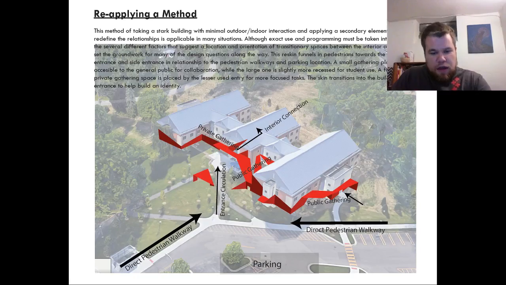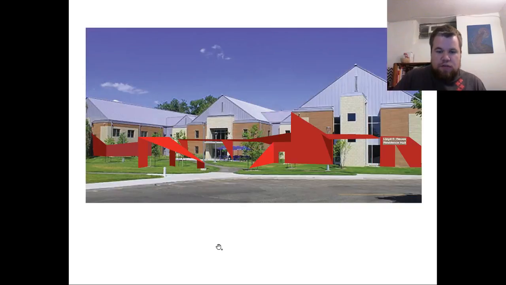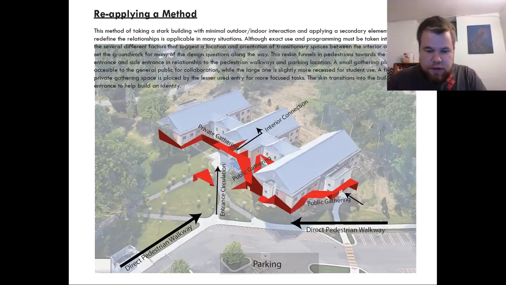Here you can see a deeper explanation of why some of these things are the way they are. Here, this relates directly to some of the busiest pedestrian walkways. It's closest. It would be an on-the-go space for people to hang out at. This is the path to the main entrance. It's a little long, and it just looks like an approach. The only way you know that that's the way to go is there's a path. If we instead create something that funnels people in and shows them through this formal gesture that this is the place to go, then that creates a funneling effect towards the entrance that is also very interesting.